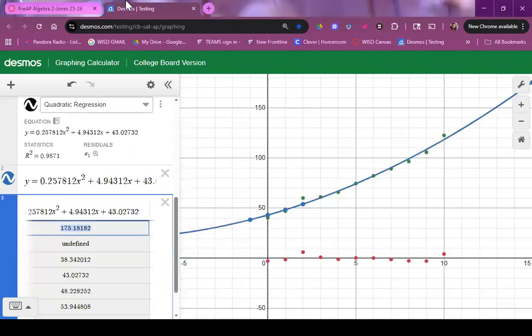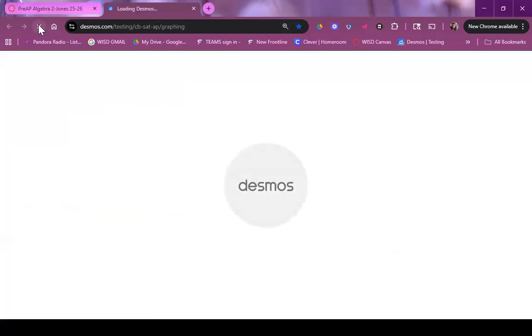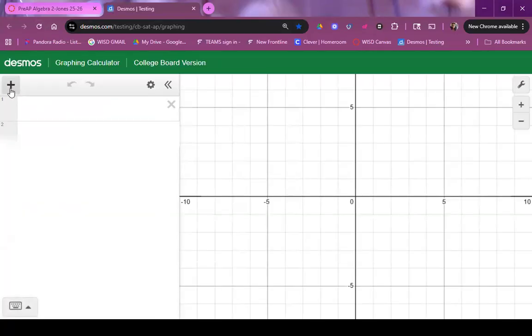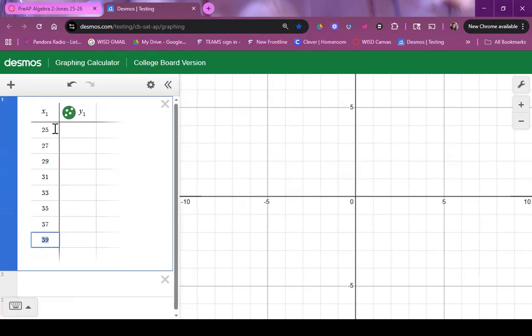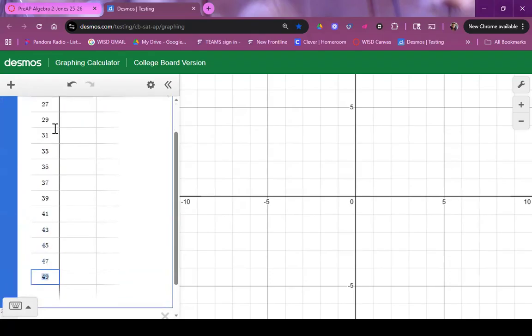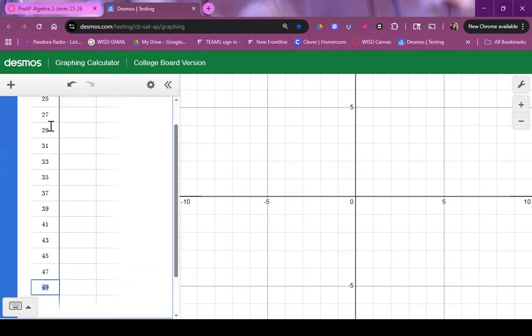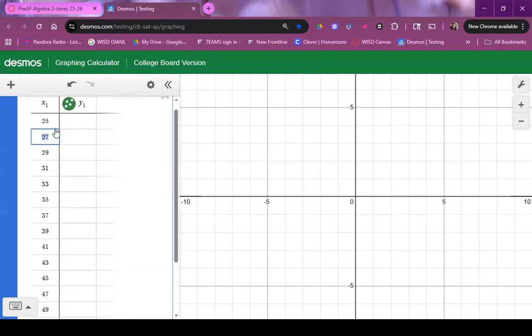Remember on Desmos, to start over in the graphing mode, you just hit refresh and it's going to clear your data out. Now I'm going to add a new table, and in this new table, I'm going to be honest with y'all, I'm going to put in those initial values and go back and delete them out, because I want to use the feature of it automatically typing things in for me. By that I mean I'm going to type 25, I'm going to type 27, and it's going to realize that I'm counting by the odd numbers all the way up to 49. I then am going to go back in and delete out